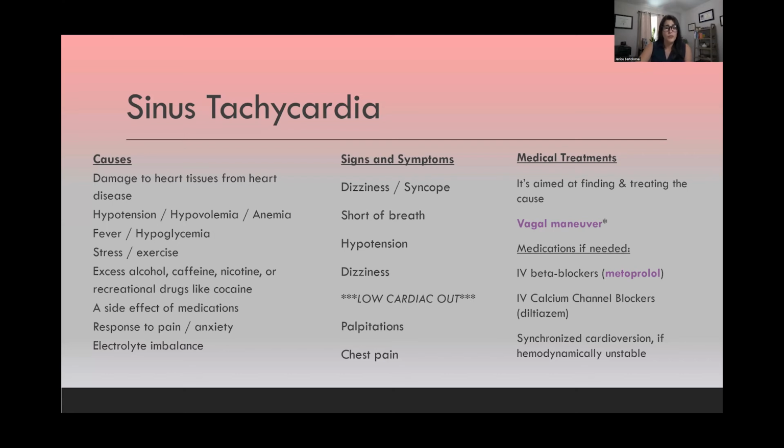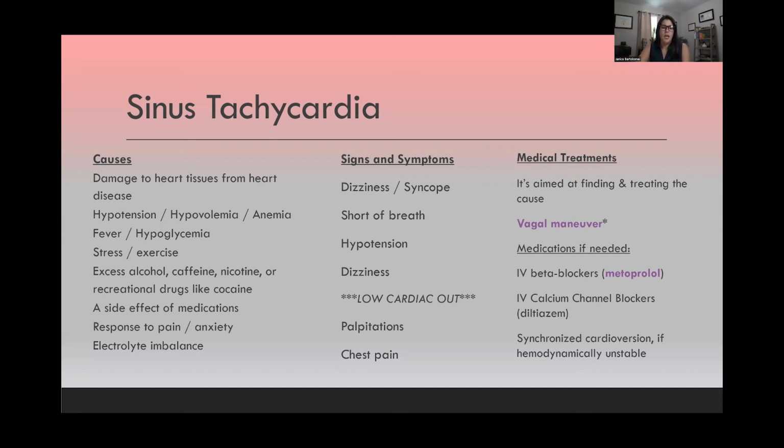So what we do for these individuals is you got to find out what's causing it and try to fix it. So if it's fever, let's bring the fever down. If it's a panic attack, let's calm them down. If it's stress, well, we got to control our stress. If it's exercise because you're running, your heart rate will come down after a little bit. However, if it's none of these and it just randomly happens, you can do vagal maneuvers, which is like bearing down or